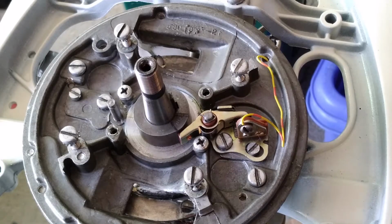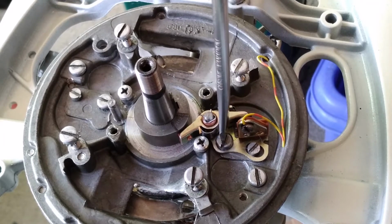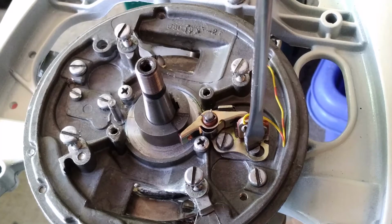So we're going to adjust our timing. First we'll loosen our set screw. We're going to turn our